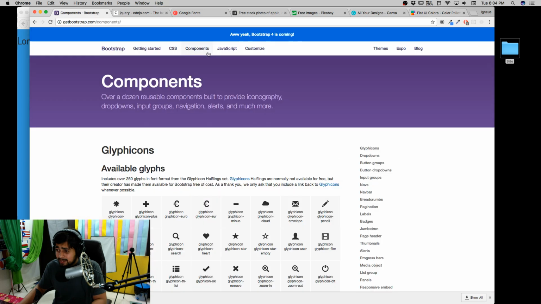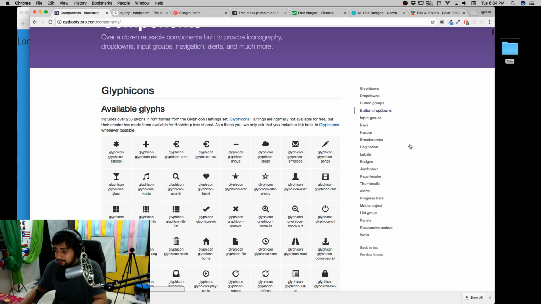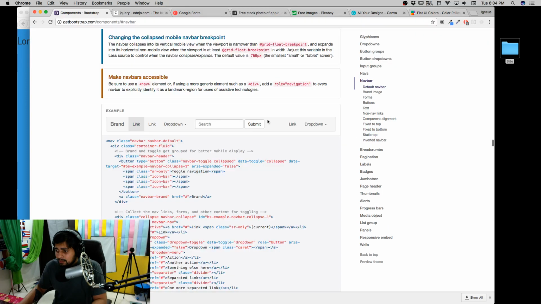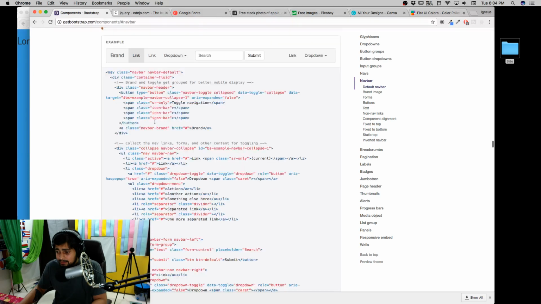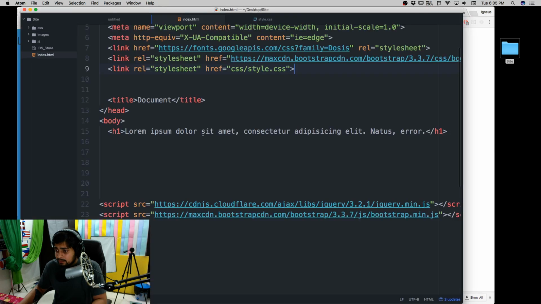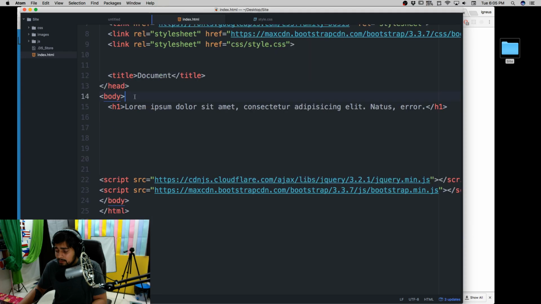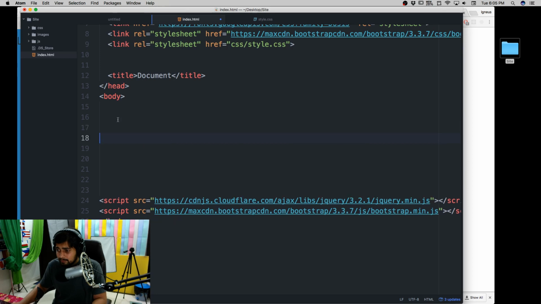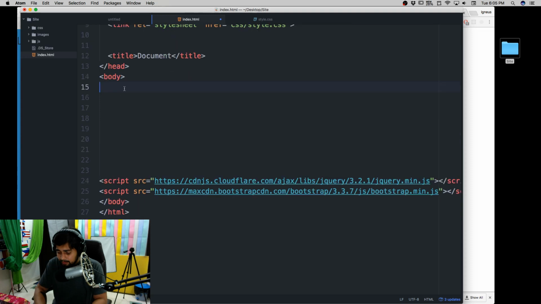Coming back to our topic, components, let's use, first of all, a nav bar. Okay, so there we go. There are a lot of nav bars you can go with. I'll go with this guy. I'll click in here, press my shift key, click again, copy this, and go to my editor. I'll put it just below the body. We don't need this H1 now, so we'll get rid of that, and I'll delete this guy too. And I'll write a comment there so that I know where my nav bar is. So, nav bar goes here.